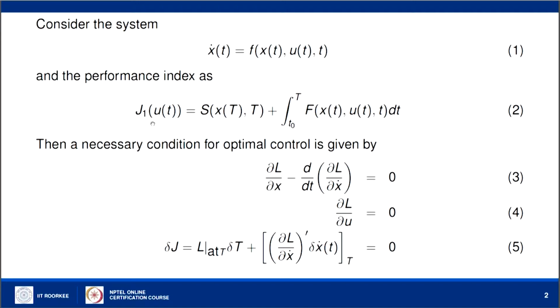Here capital T is the final time and t0 is the initial time, and our aim is to minimize or maximize the expression J under the constraint given in